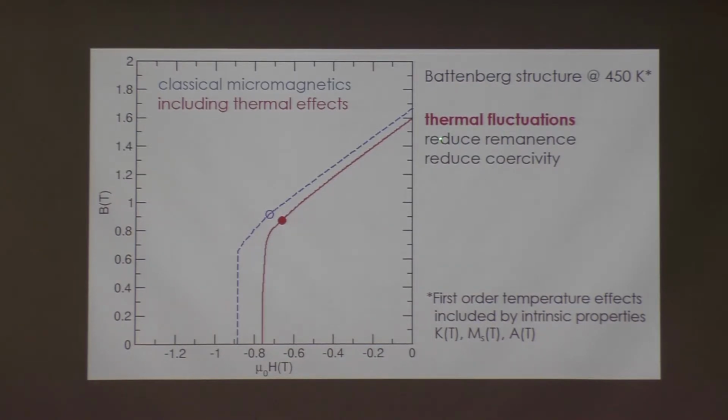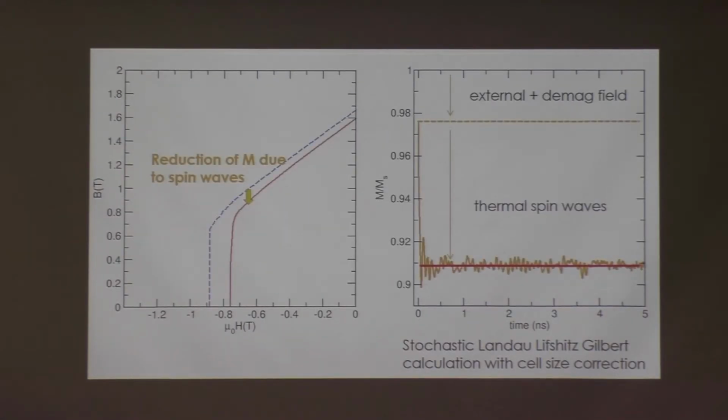So let's start with the reduction of remanence, so this difference here. What we can do is integrate the Landau-Lifshitz equation for a certain amount of time, and towards all the effective fields, we add a random thermal field. And due to these random thermal fields